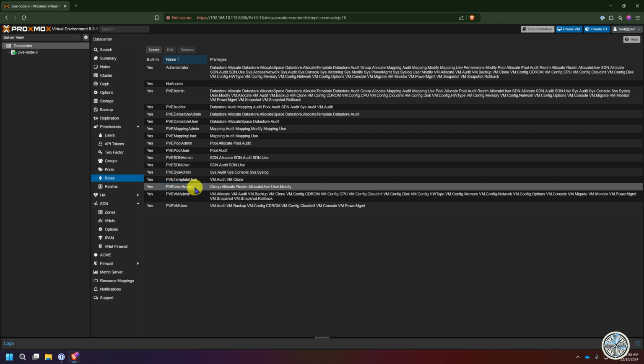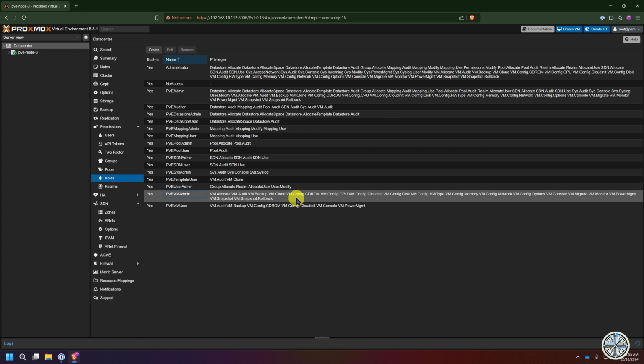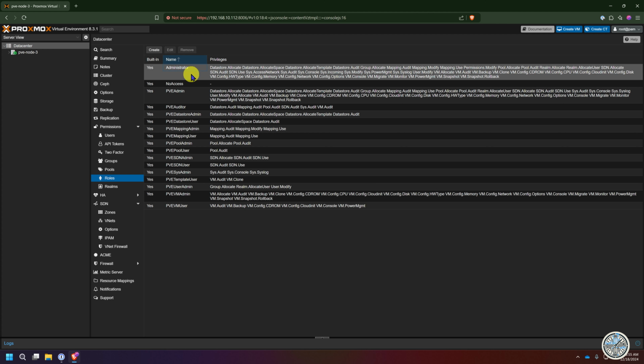have a user role where they can manage users, but can't manage VMs. And then you have VM admin role, which has full control over the VMs themselves, but nothing else. So again, you can be as restrictive with these roles as you need to. But for now, the administrator role is perfect for the administrator group that I created to keep this video as